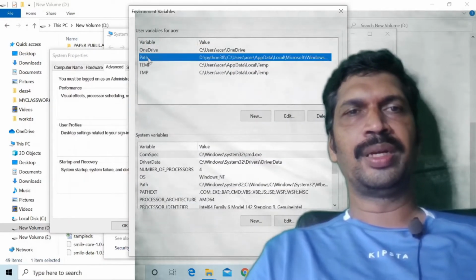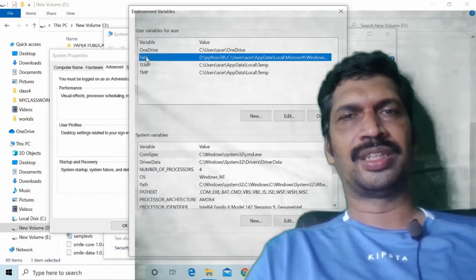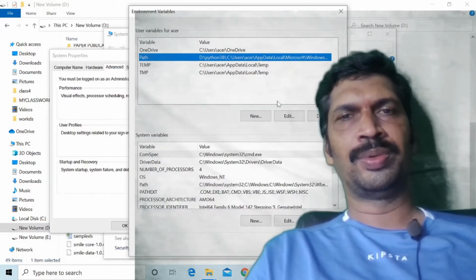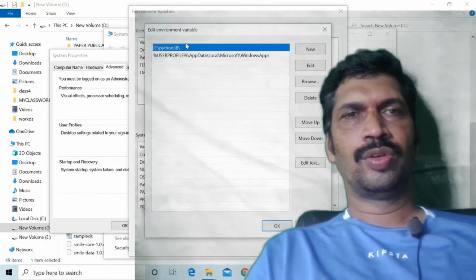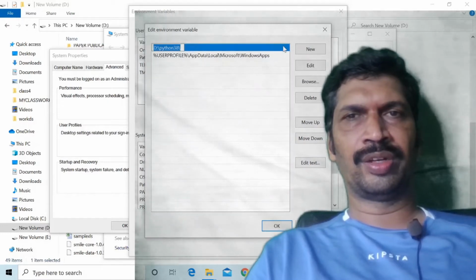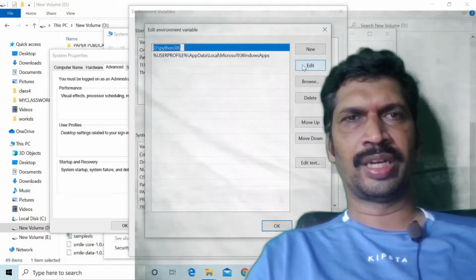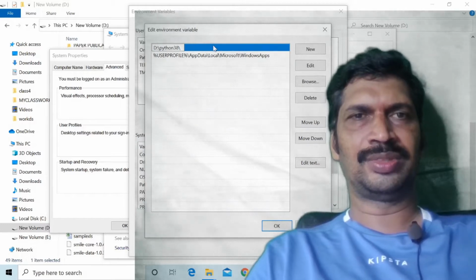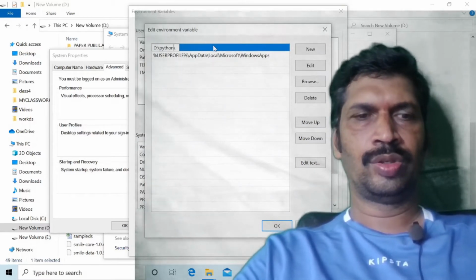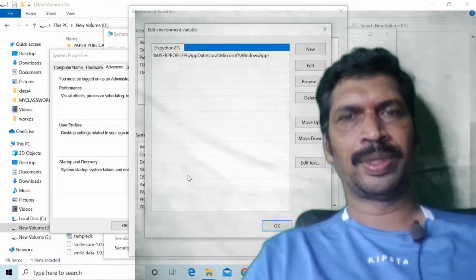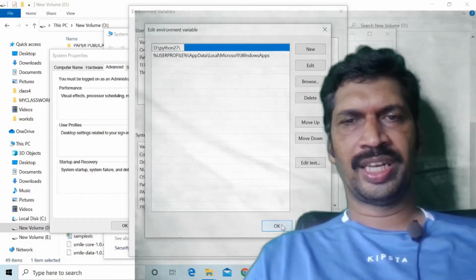In environment variables, there is a variable called path. Edit it. I want to work with Python 2.7, so I am editing this one, changing Python 3.8 to Python 2.7.